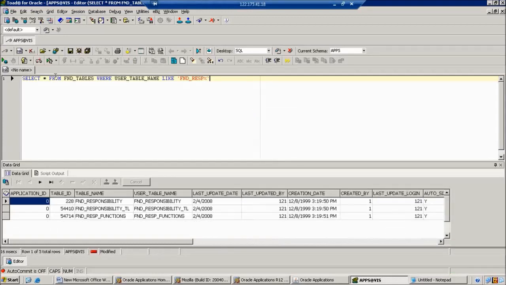Because we cannot find the table from the front end. Then here I can find 3 tables, but of these 3 tables, 2 tables are suitable for our requirement. The third table is not suitable, right? Of these 2 tables, we are going to finalize which is suitable. Both tables are suitable, but FND responsibility does not have the responsibility name. That is the reason we want to use FND responsibility TL.